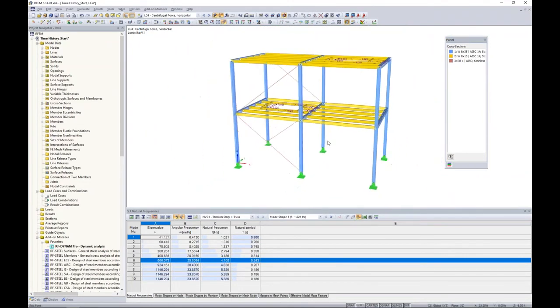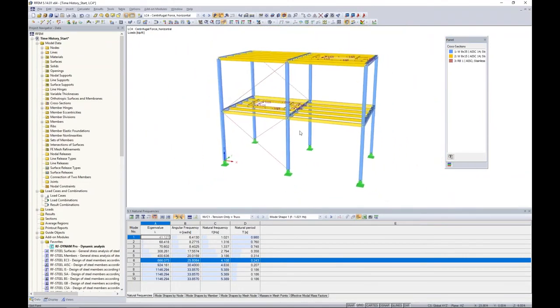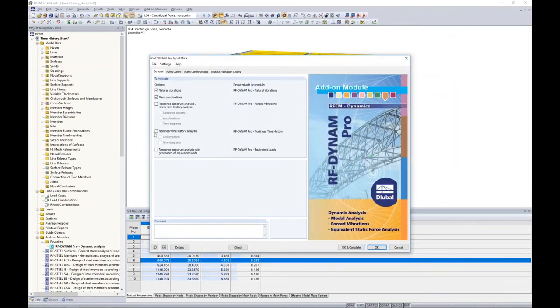Okay. So now I just have these basic static loads within RFEM. That's all I've done here, but we actually need to provide some type of time diagrams to tell the program how this force is going to vary over time. With this, we'll launch the RF-DYNAM Pro module again. So here we can now activate RF-DYNAM Pro forced vibrations for a linear time history analysis according to a time